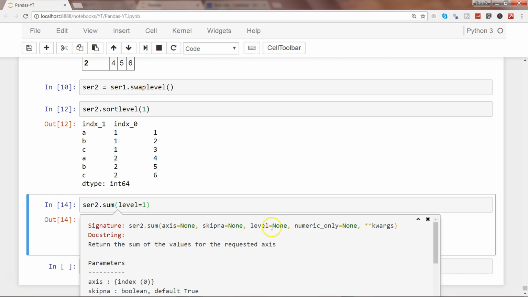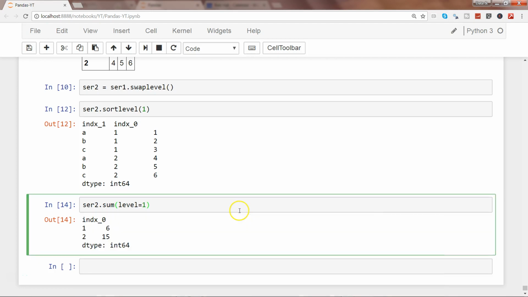series. And generally when you are applying the sum, this sometimes confuses, okay, why does it have the level parameter and what is the applicability when it comes to doing the sum at a data frame level, because most of the time you just have one level of index in your data frame, and not a multi-index or a hierarchical index. But in such cases where you have the hierarchical index which are related to each other, and you want to apply the summing or maybe average or any other operation that you want to do, you can basically utilize the level parameter to go in and out of the hierarchy of an index.